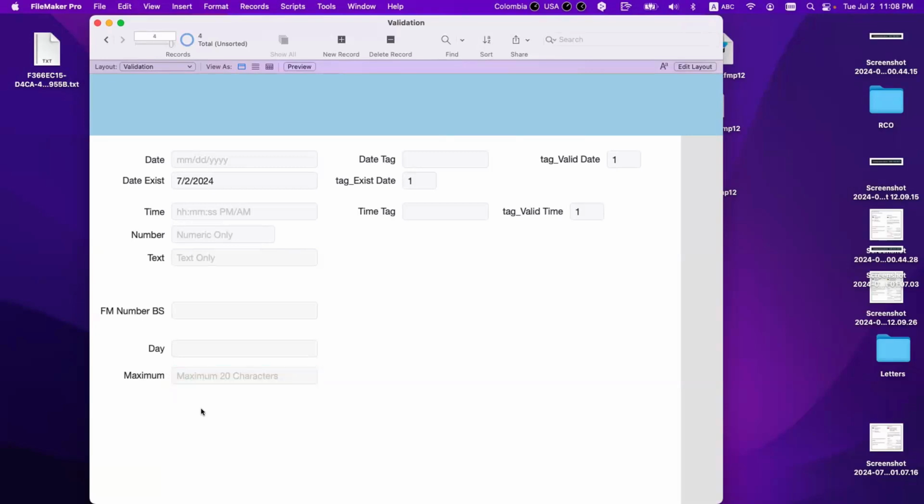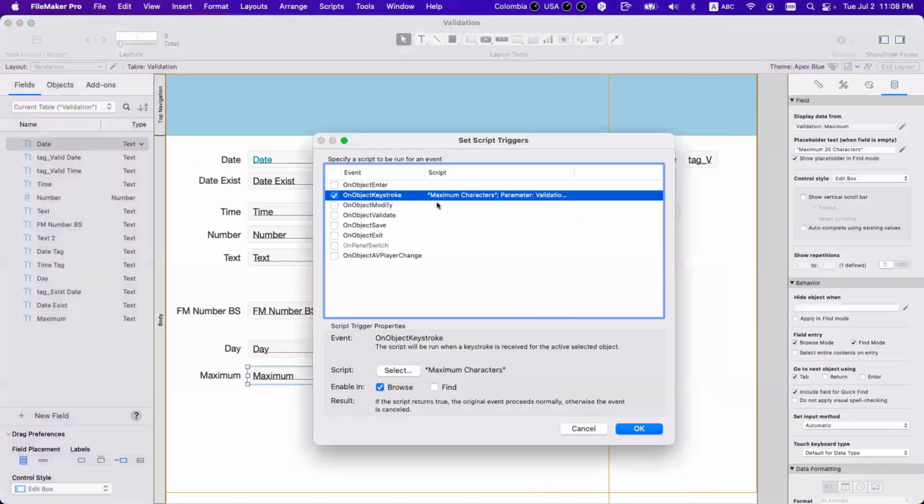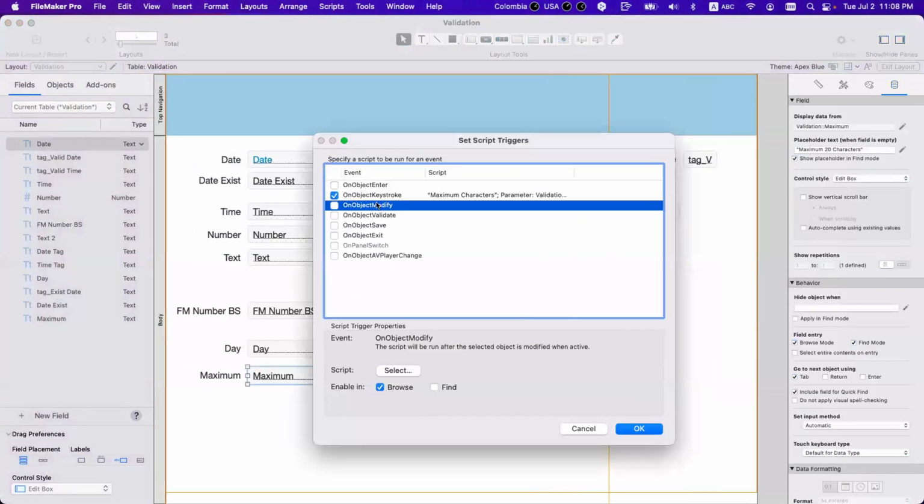So I know you guys didn't do that. Who is doing this in the audience? Because I know why you struggle with this: if you don't use the right technique. Some people use on modify and they hate it. If you use on modify, it's way too late. And there's another problem.